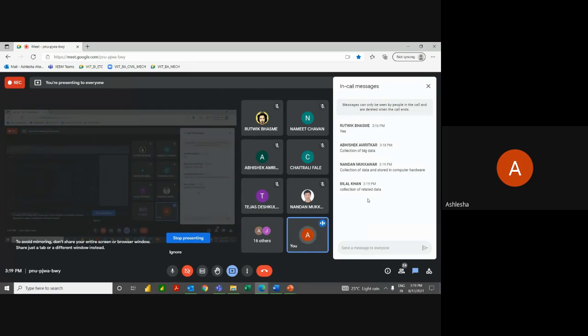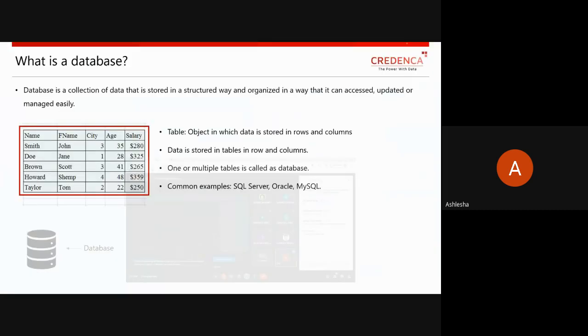So everyone has a good understanding. Even though you are mechanical students, your understanding about databases is pretty good and clear. Perfect. So let me define a database here. A database is obviously a collection of data, but beyond data collection, something more is there. It is the collection of data and storage of that collected data in a very structured, formatted way. That is what we call a database.